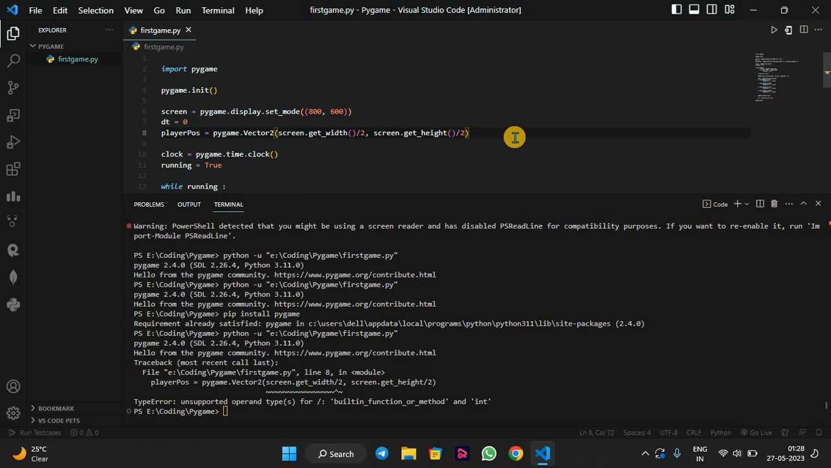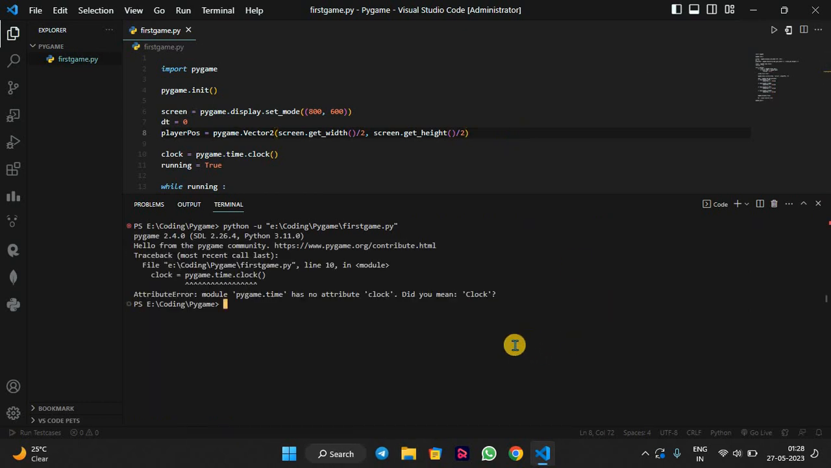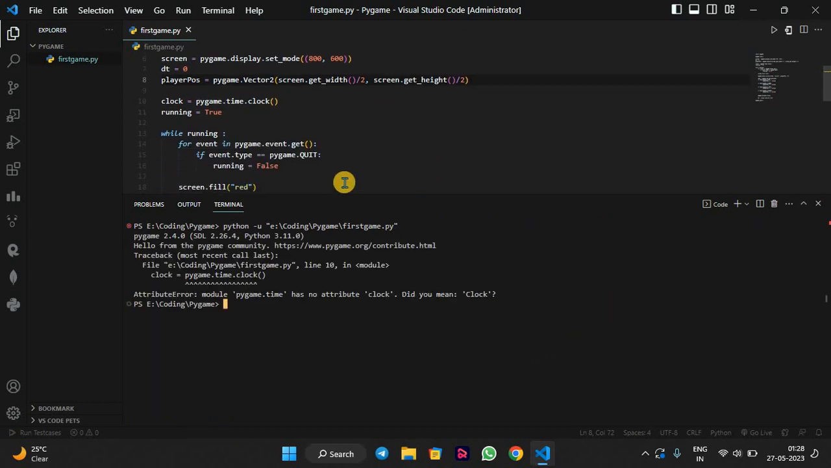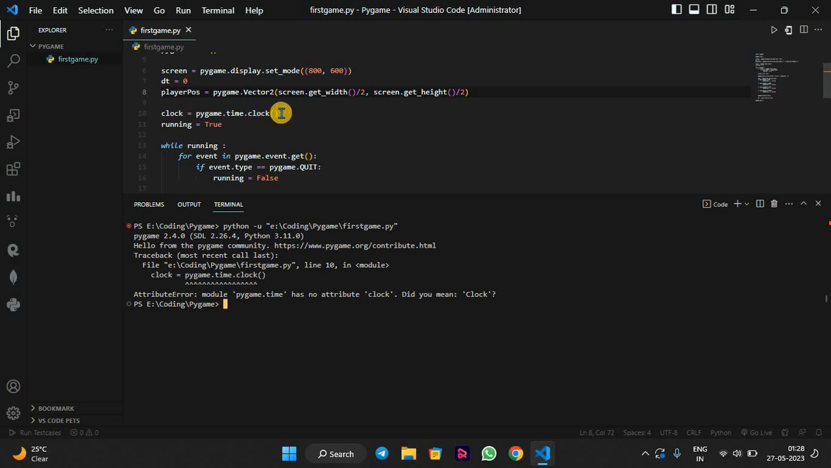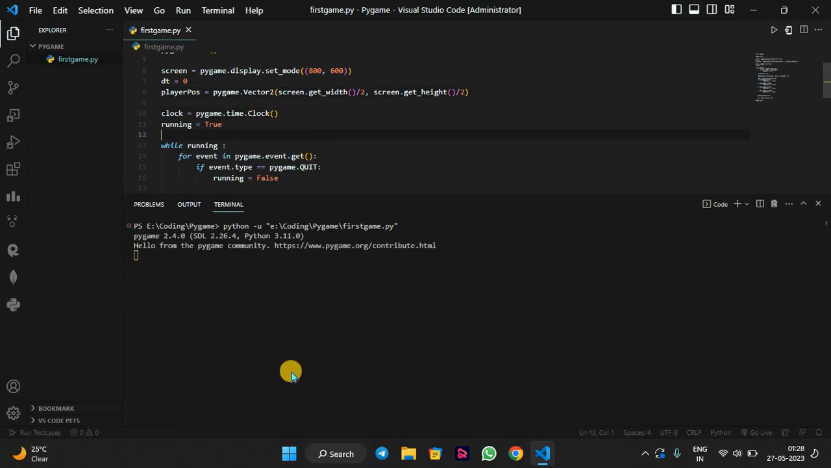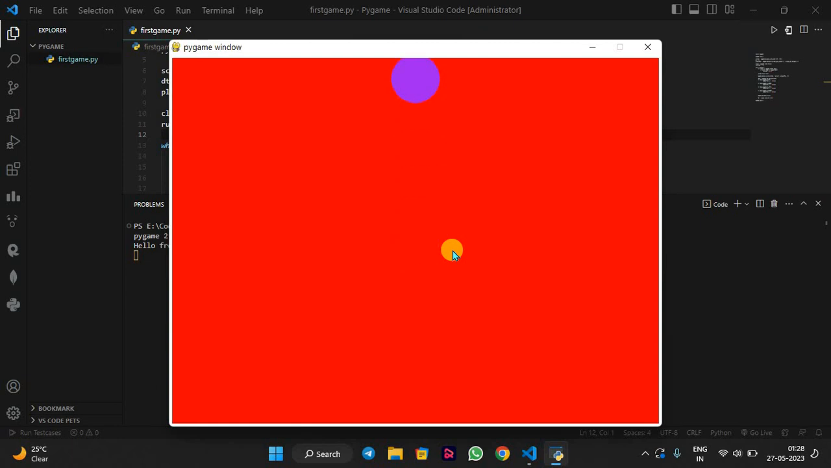Okay, now let's try one more error. pygame.time.Clock. So here clock is equal to pygame.time.Clock. So here in the clock C will be capital. Okay, so this is a game. So see how it's working. Yeah,